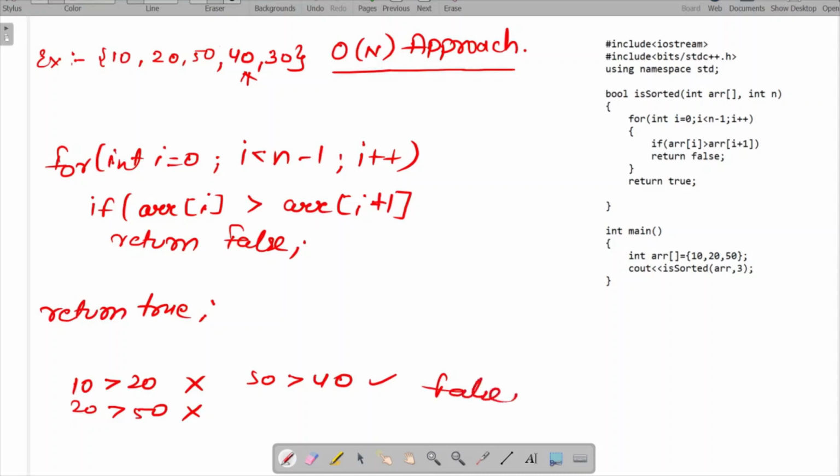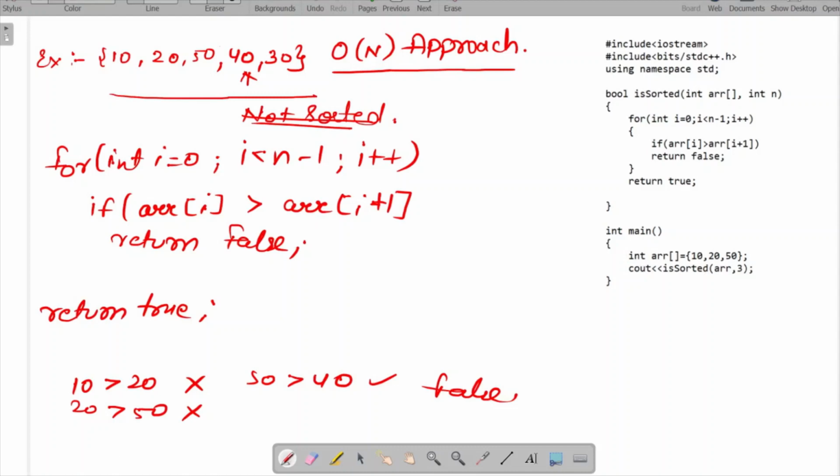This means the example array that we have taken, 10, 20, 50, 40, 30, is not sorted. In this way we write the big O of n approach, in which we use only a single loop for traversing.